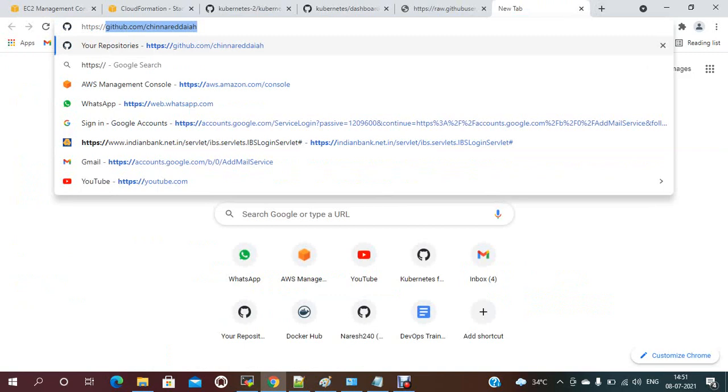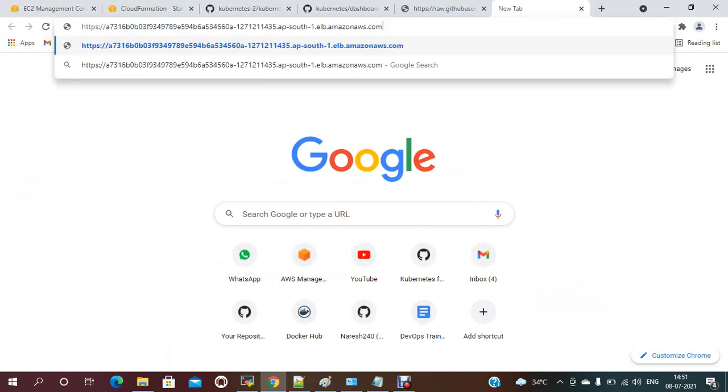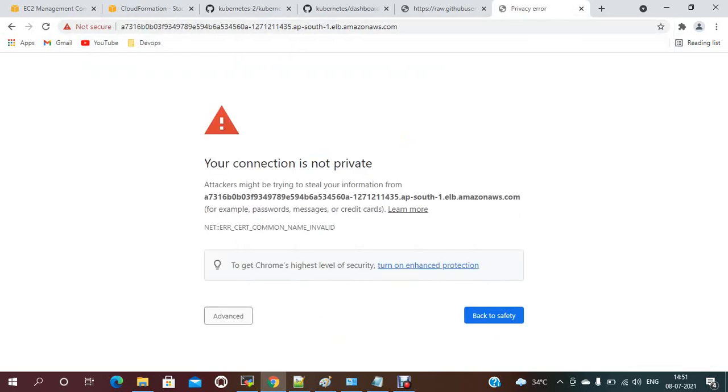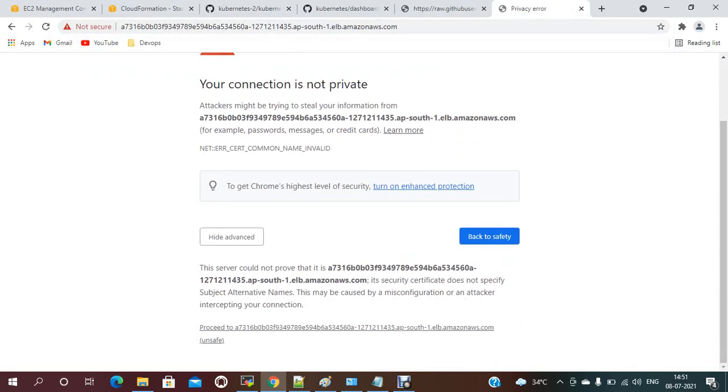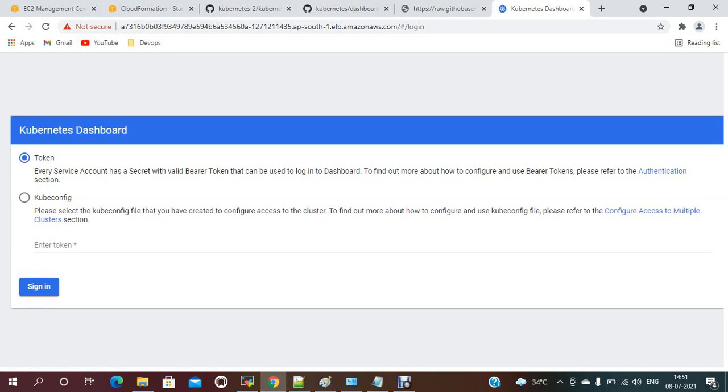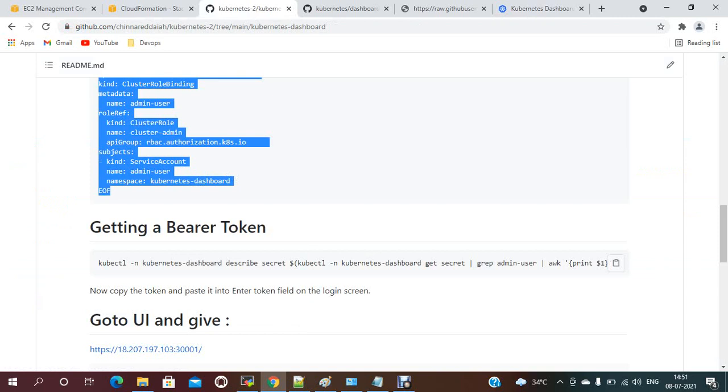Hold on. You just need to click advanced and select this one. It should be asking for either kubeconfig or token. So I just need to generate a token using this command, kubectl -n describe secret.